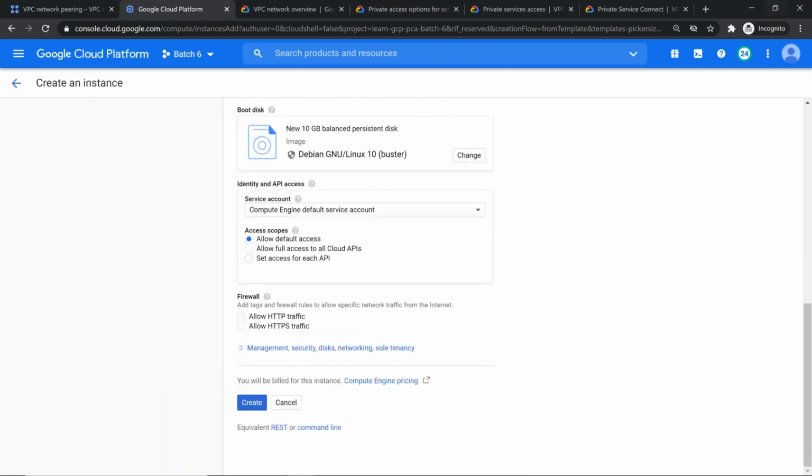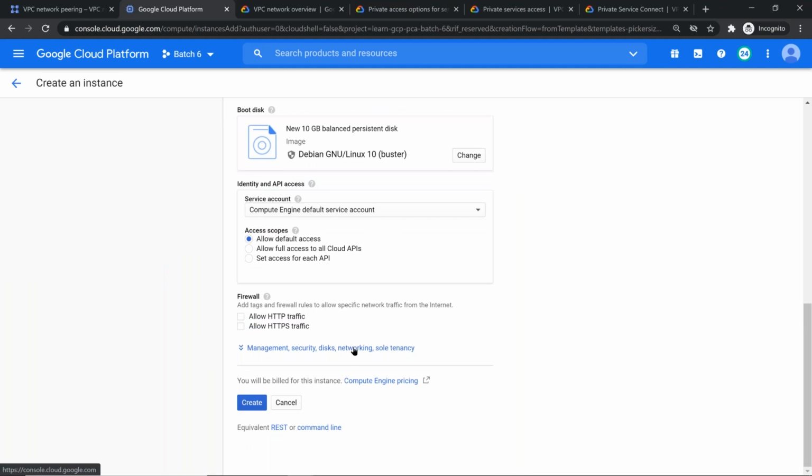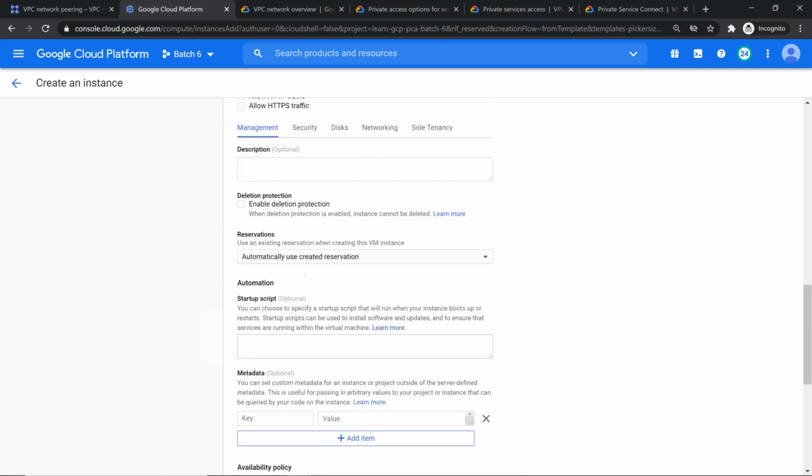All default. IAP stands for identity aware proxy. That's the reason I mentioned it here. Identity aware proxy. So what I'm going to do, everything default,